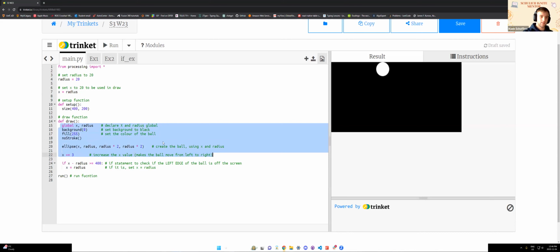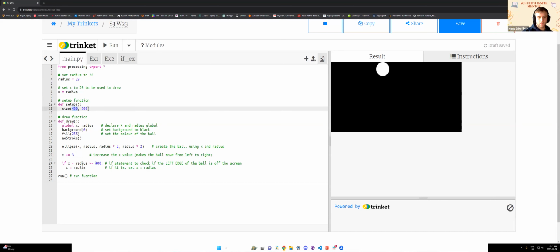But if we look at this if statement here, which I've commented, what it's checking is if x minus the radius is greater than 400. Remember, the window size we defined here, our width is 500.